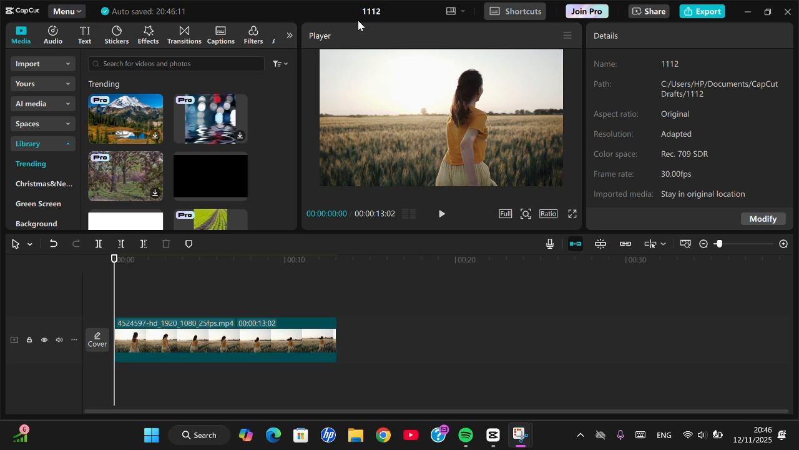In today's video, I'm going to show you how you can create shadow frame effect using CapCut PC. Okay, let's get into it guys. I have already imported my video to the CapCut project and I'm going to create shadow frame effect for this